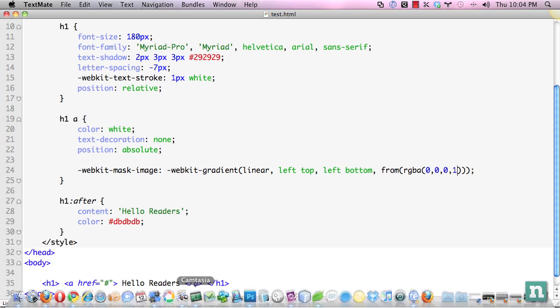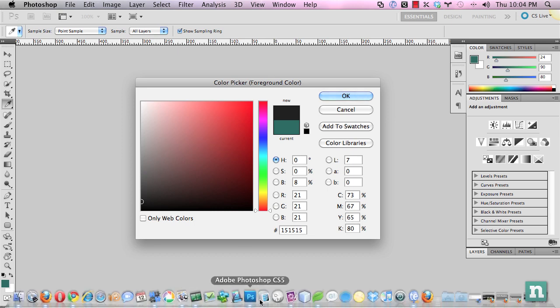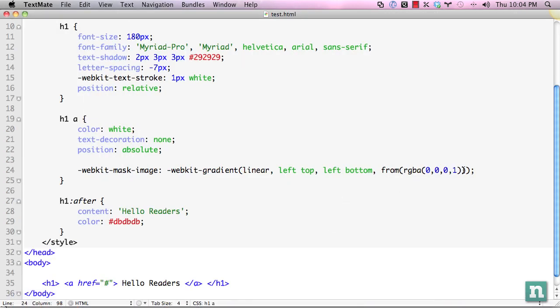If you're not familiar with these kinds of codes, let's try it out in here. If we set it to 0, 0, 0, you're going to get all black. So we're going to take it all the way black, and then we're going to take the alpha, which is A, and take that all the way down to 0, and that'll make it transparent. So we have that one,